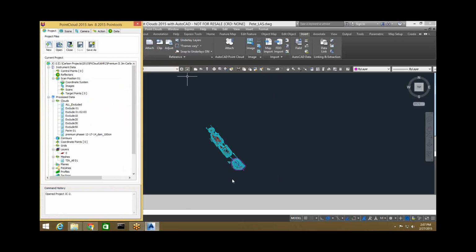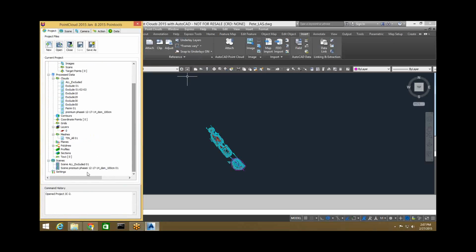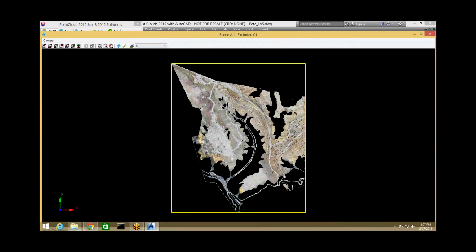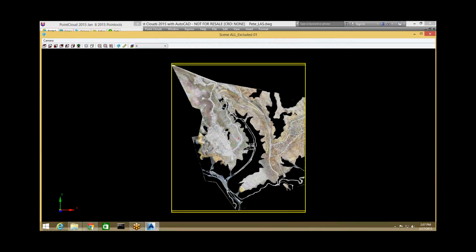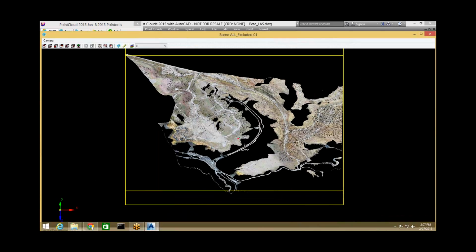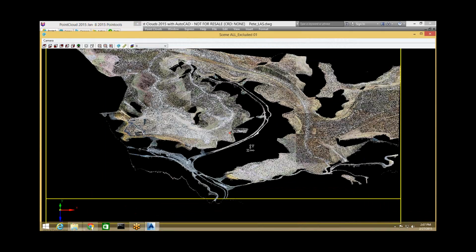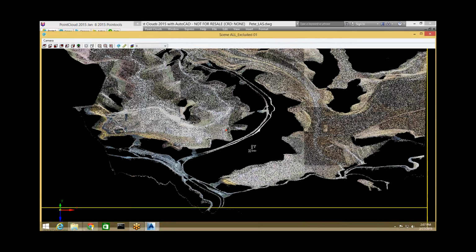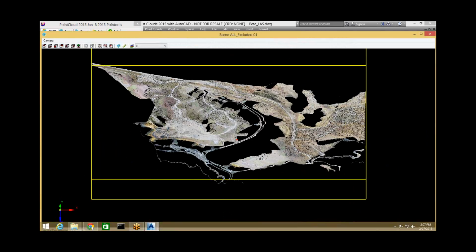And this is a file that was sent to me by Mike Gray. I'm going to come down here and do view, zoom extents. And here was a file that Mike Gray, using the EB drone, flew this site right here, but